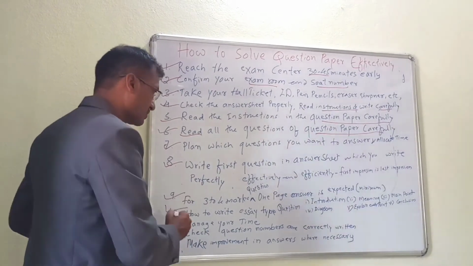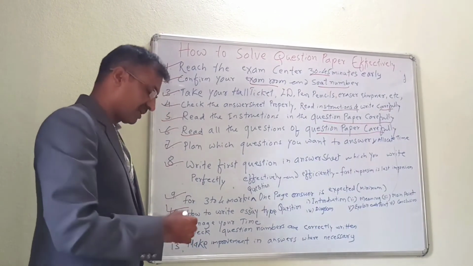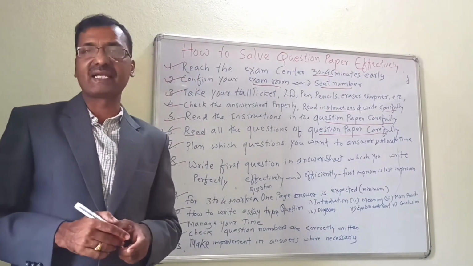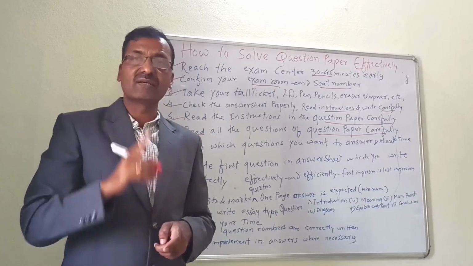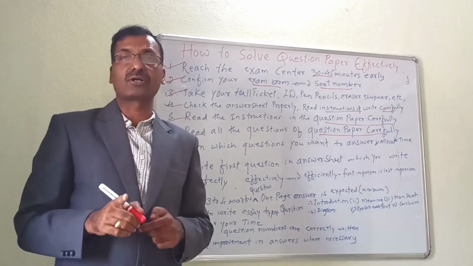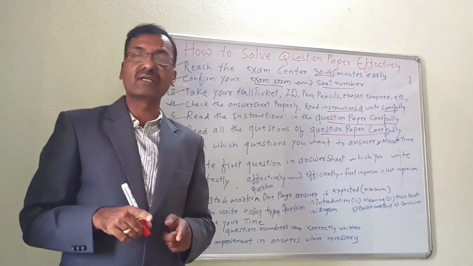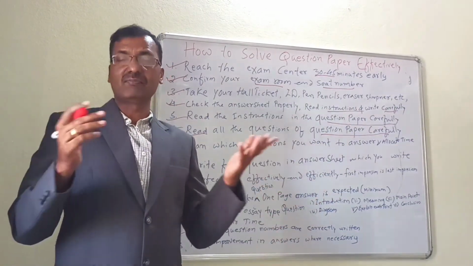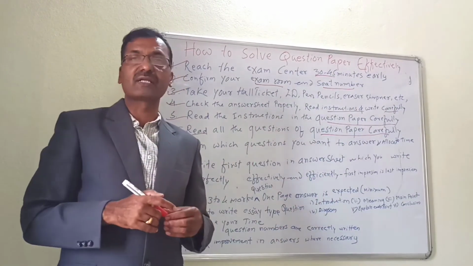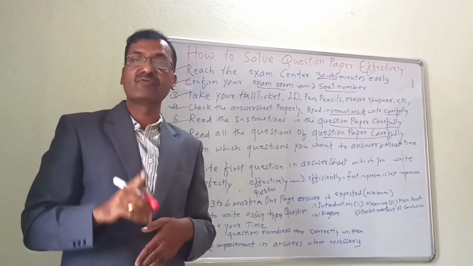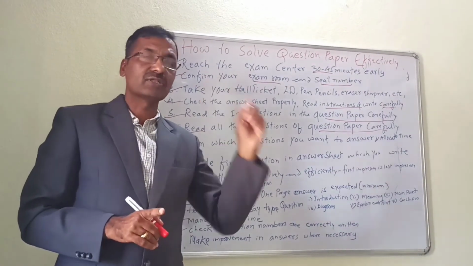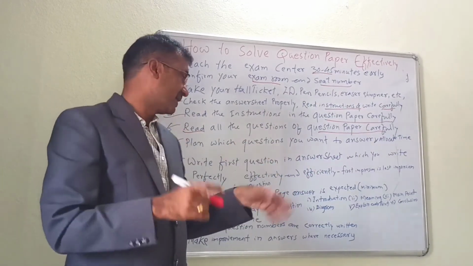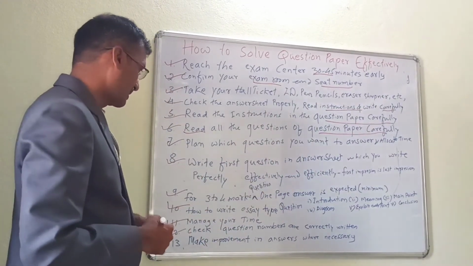Next, check the question numbers are correctly written or not. After completing all the questions, you have to check once again that the question numbers you have put properly or not. If for the question number 1 you have put question number 2, then you will not get the marks. So for that particular reason, you have to check very cautiously that the question number put and the answer written are proper, and it is very important.